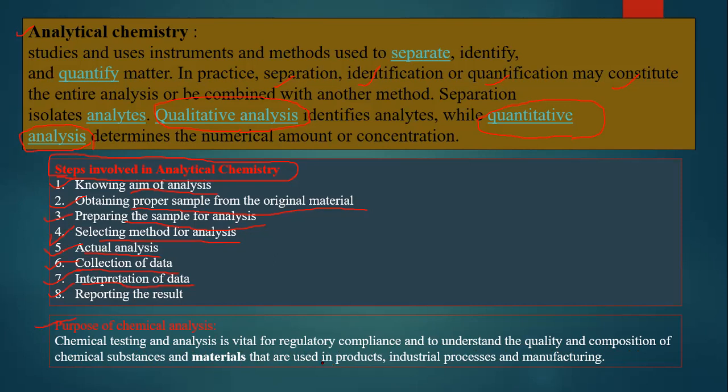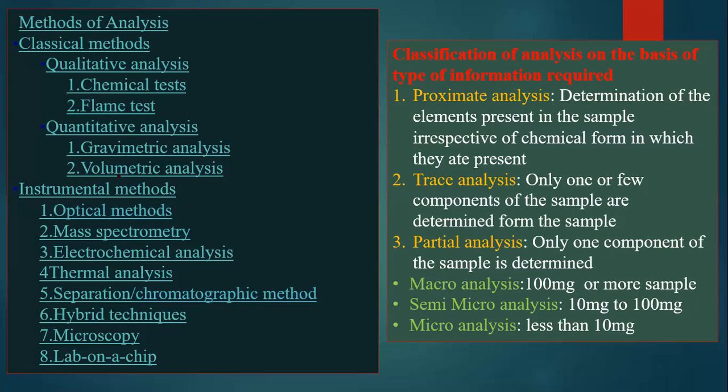Whatever you are going to analyze is going to be used in products, industrial processes, and manufacturing. Products means any product like pharmaceutical, cosmetic, food products, and the different products you use in your day-to-day life. Industrial processes may use it as a crude material to synthesize different materials. And for manufacturing, whatever you have studied by chemical analysis can be used for the manufacturing of other substances. That is also very important.